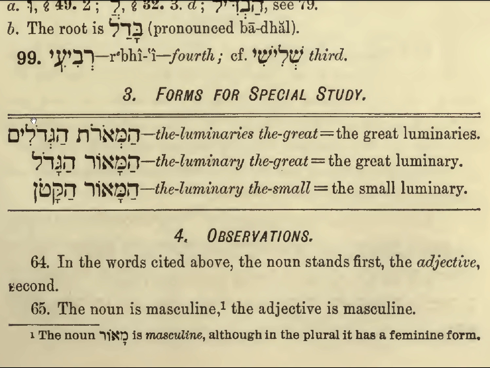Note the feminine ending and the masculine ending here. Ma'or is a masculine noun, even though in the plural it has a feminine ending, which is why it has a masculine adjective to agree with its masculinity. The noun stands first and then the adjective. If the noun is masculine, as this noun is, the adjective has to be masculine. And sometimes you get this strange juxtaposition. As you saw, I almost got caught, or I did get caught out there because I wasn't paying attention. So, ham me'orot hag gedolim.